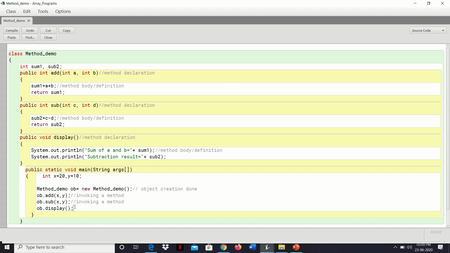At the time of invoking a method, the parameters passed are called the actual parameters, and they are passed to the formal parameters in the method declarations. Here x is 20 and y is 10. Whenever this method is called, the program control will jump inside this block, calculate the sum and return the result. Same for subtraction, and finally we'll call the display method to display the results of these two methods.